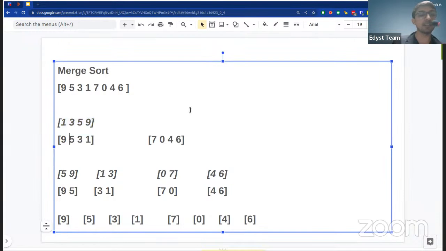And I combine this 0, 7 and 4, 6. What do I get? 0, 4, 6, 7. And when I combine these two, 1, 3, 5, 9 and 0, 4, 6, 7, what do I get? 0, 1, 3, 4,